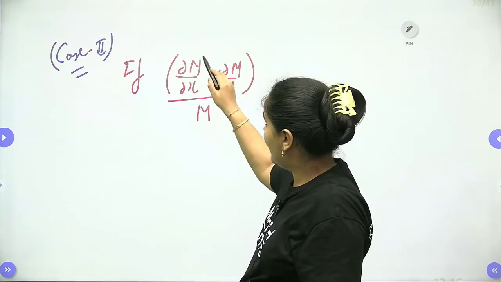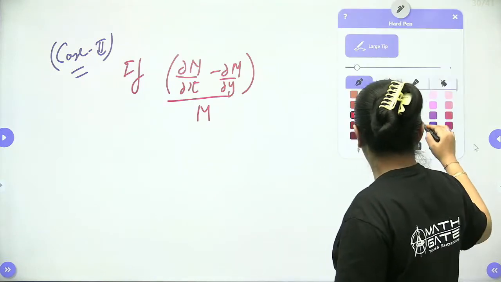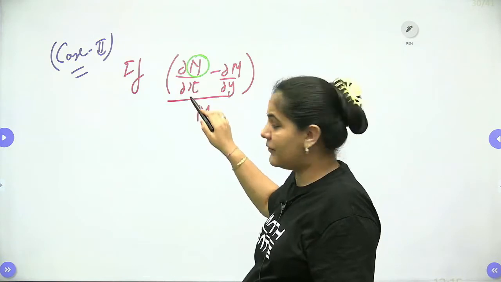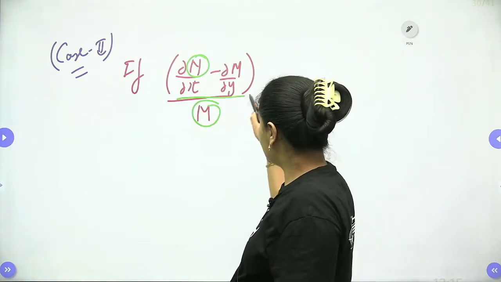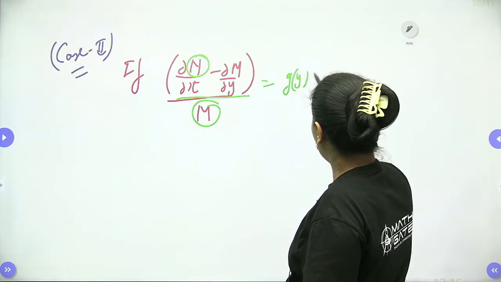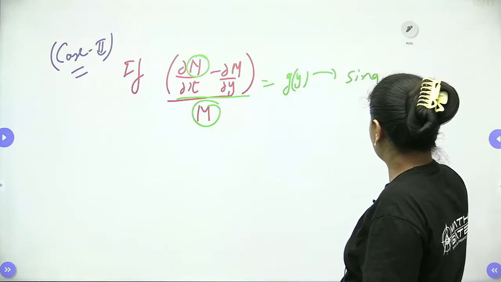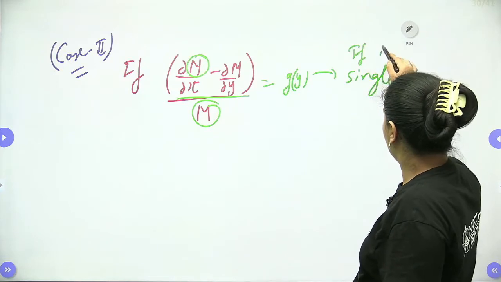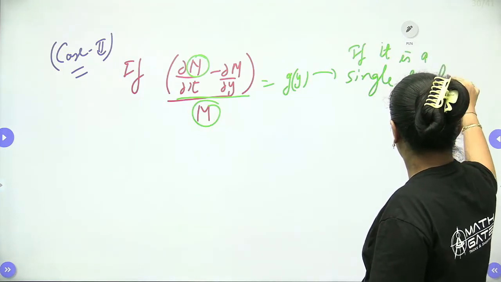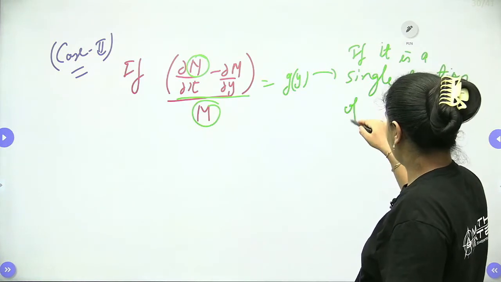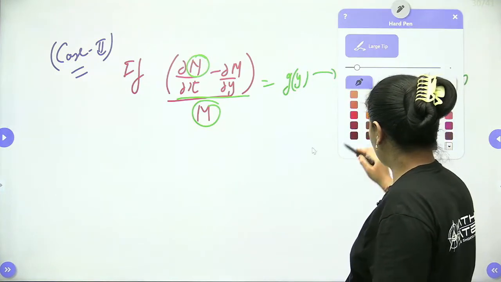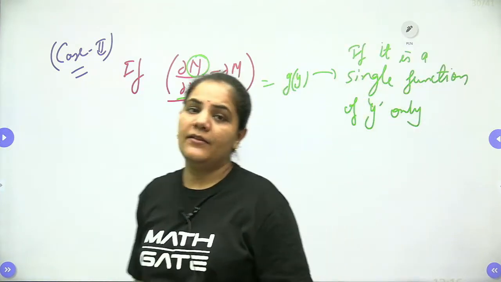Divides by n. When we have n first, we divide by m only. You can see here, when we write n first, we divide by m only, right? And if it gives us a single function of y only, this is nothing but a single function of y. If it is a single function of y only,